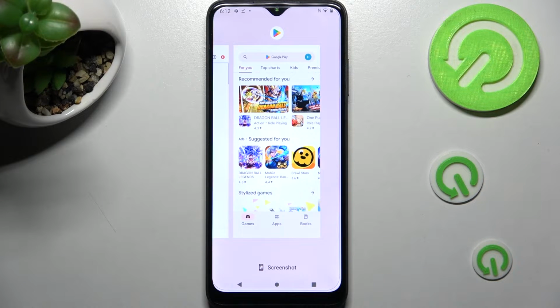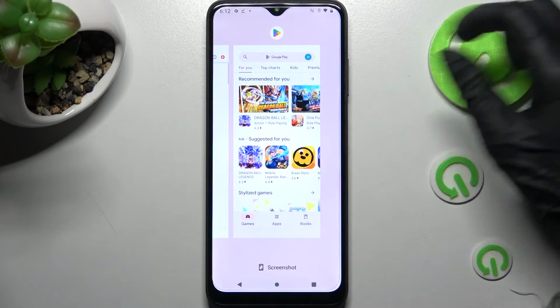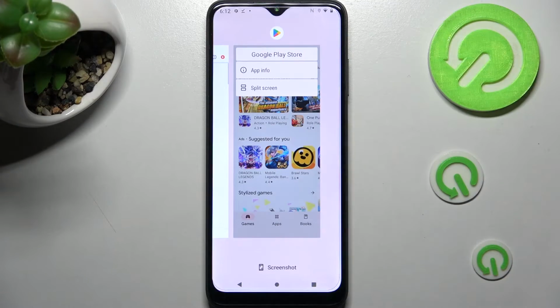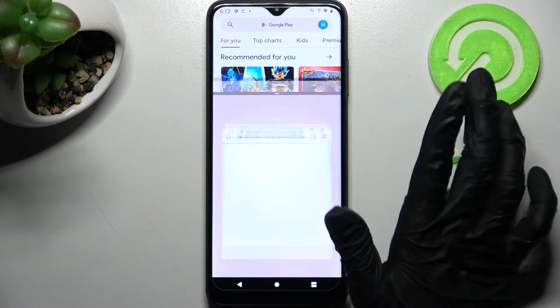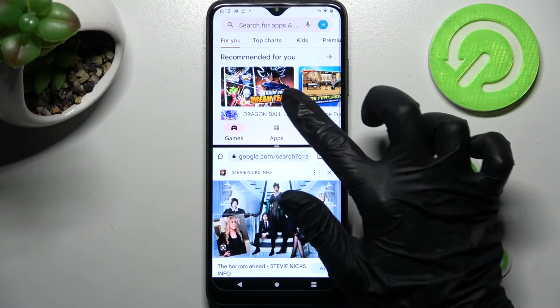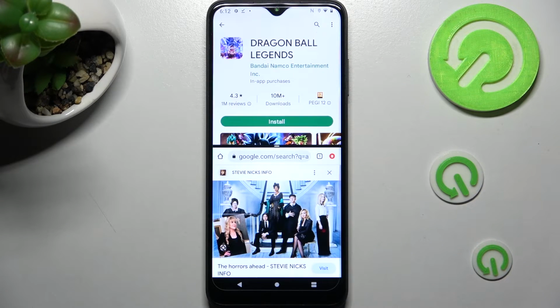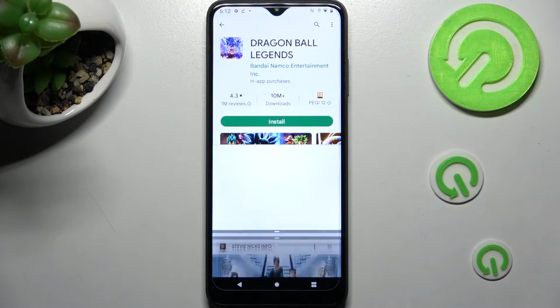Now click on the icon of your app that you wish to use on the top half of your screen, and tap on Split Screen. Then just click on the other app, and as you can see now I can use both at the same time. If you wish to go back from this mode, drag the first app upwards or downwards